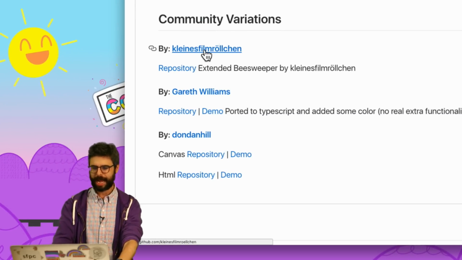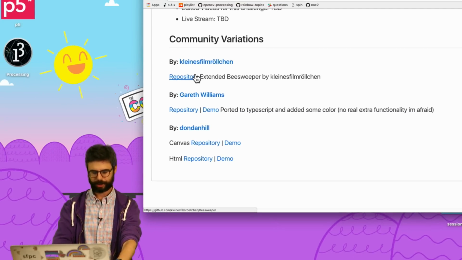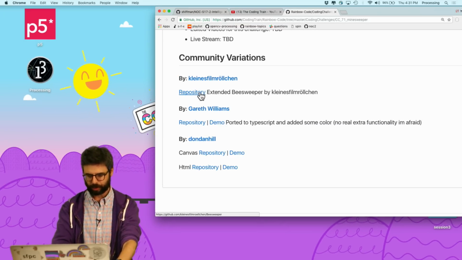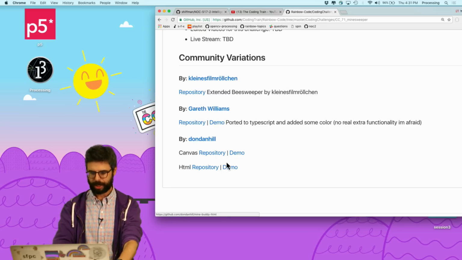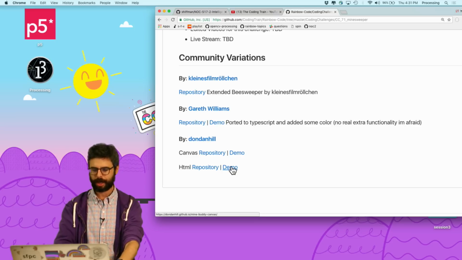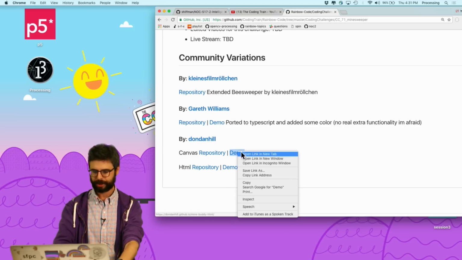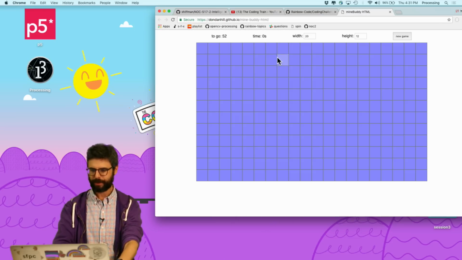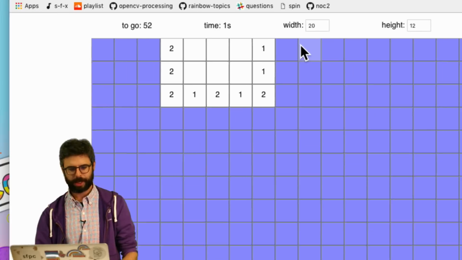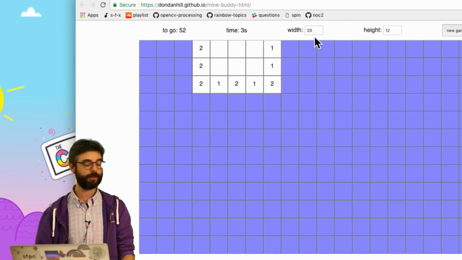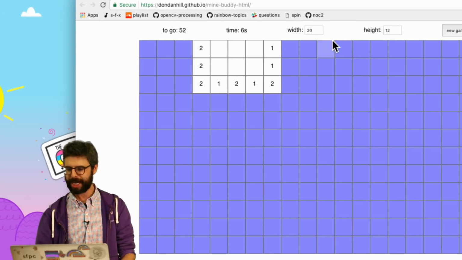Oh, look, there's already some. So let's look at this. This is just a repository, so I don't have a demo, and this is just ported to TypeScript. So let's look at this one right here. Oh, Canvas. Let's look at this. And we have, look at this. Ooh, I love it. So some color, some new interface stuff, ability to change the width and height, a timer,